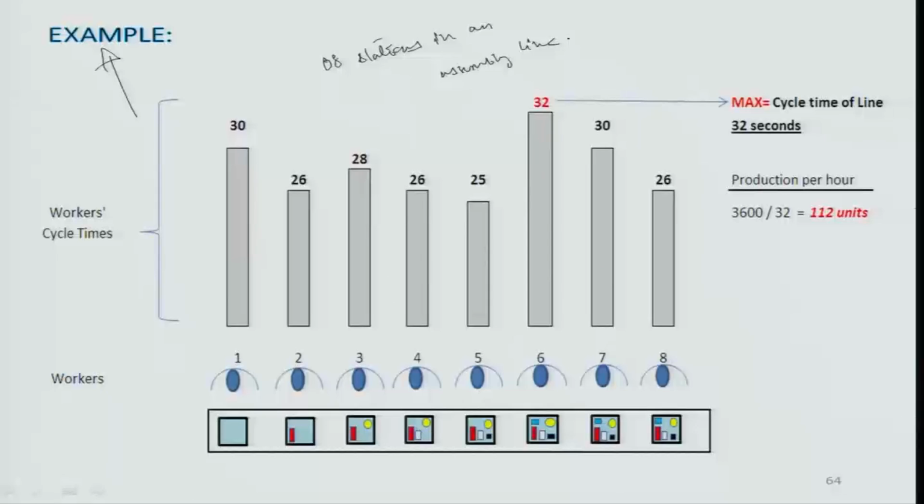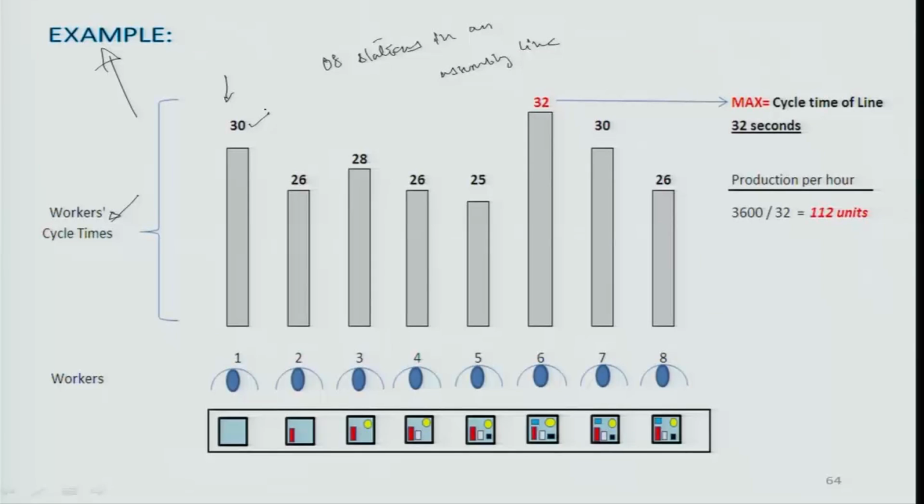So, let us say the cycle time corresponds to the work delivered by an operator in one particular station. These are 8 different stations, and each station has a certain cycle time associated with it, meaning thereby the operations intended to be done by the single operator on one particular station. There are 8 such operation subsets, which would together integrate out to be the whole task on the assembly line. The first worker has a cycle time of 30 time units, the second has 26,